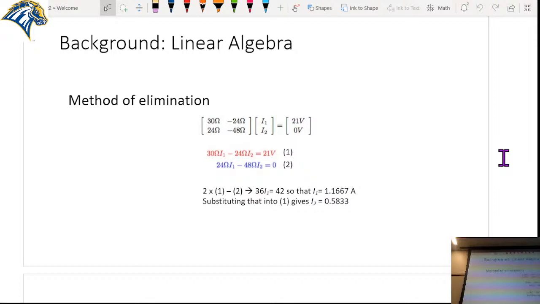So this is a matrix equation, right? Mm-hmm. And the way I learnt how to figure out what's happening here is, and this is going to sound silly, but this is the way I learned it. You run along the diving board, and then you jump off. Right? So that is you take the 30